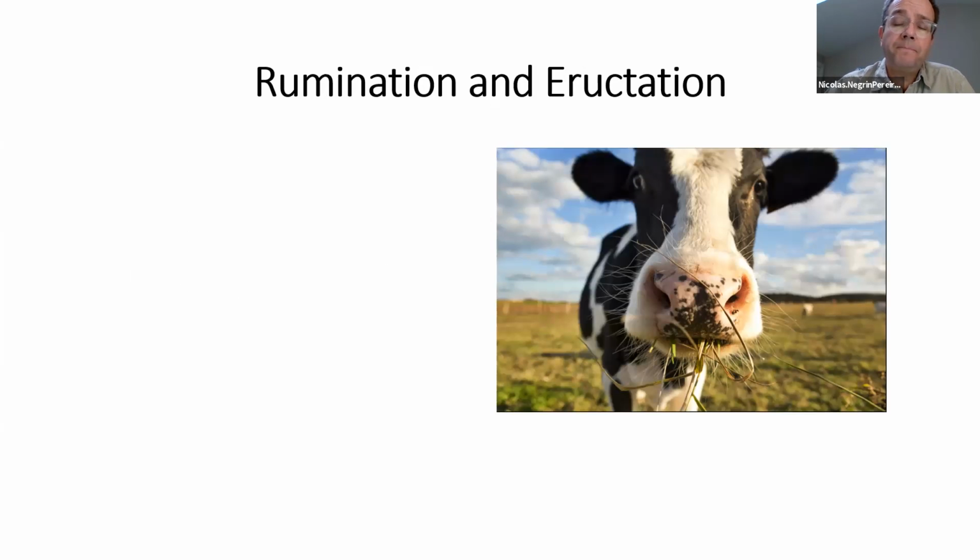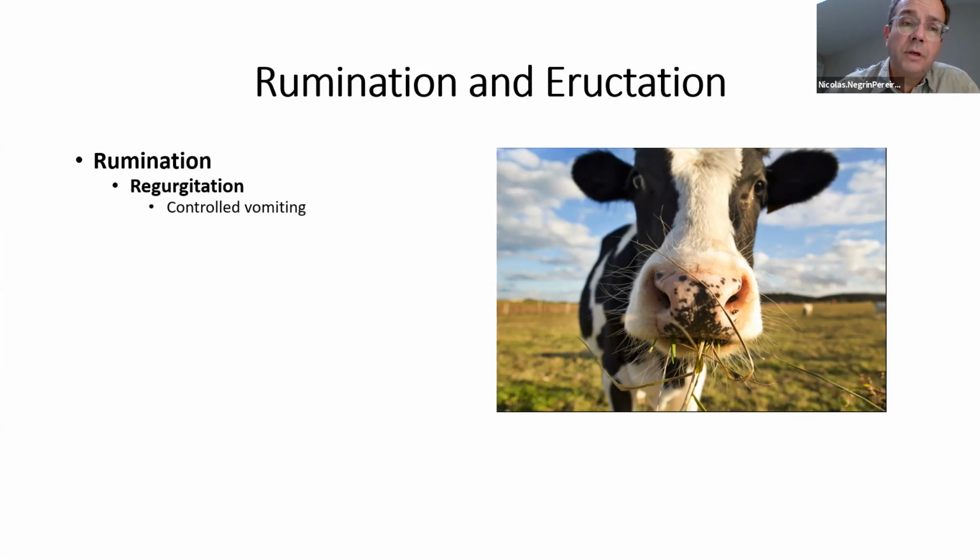So one thing I'm going to talk about a little bit here as well is rumination and eructation, which are processes that take place within the digestive system and are characteristic of ruminants. Rumination, sometimes also called regurgitation, is defined as, I don't like this term to be honest, but it's very graphic, a kind of controlled vomiting. So the animal is able to